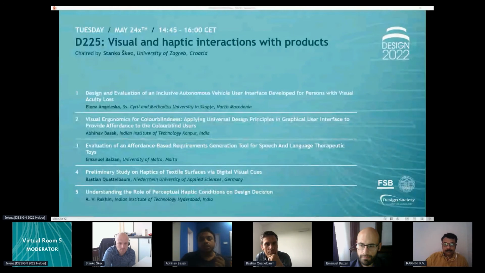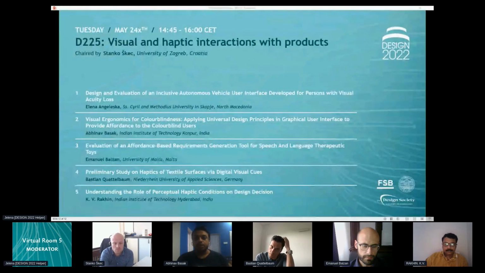Okay, so I would like to answer this in the context of color blindness first. In digital interfaces, we use color simulation filters to understand the color perception of a color blind person. So if we want to make a design universal for the different extreme user categories, we need to design a product in a way so that it could be equally visible to